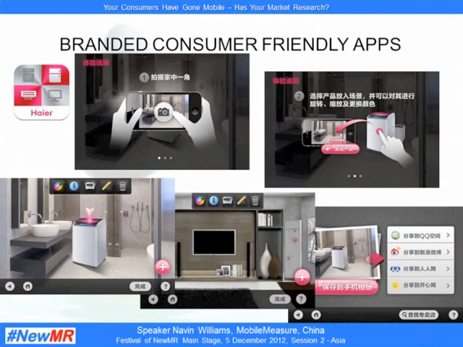A good example out there are some of the applications available on the iPhone, Android phone or tablets. The example I have here is by Haier, a Chinese consumer durable company. They have built this application on the Android and iPhone platforms for both tablets and phones. It allows a consumer to take a photograph of a room,